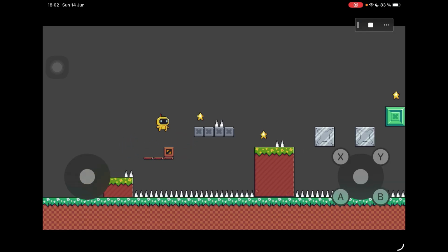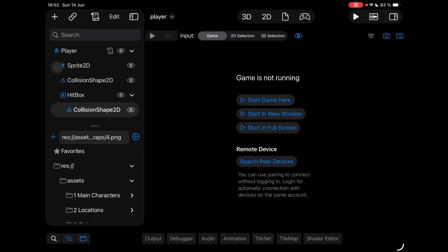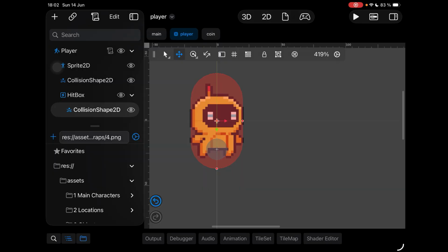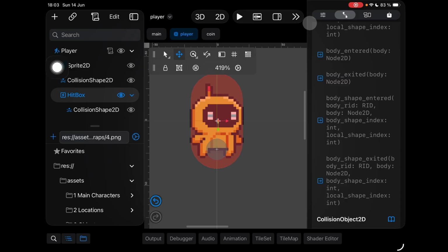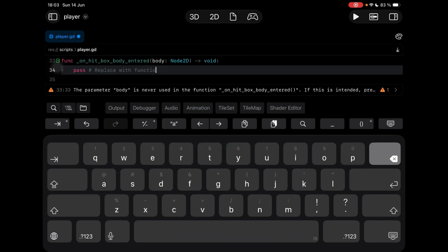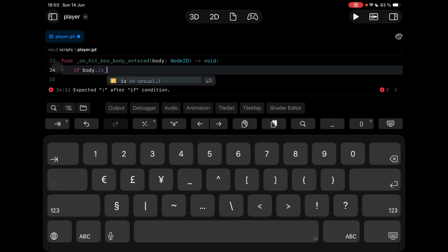they get automatically deleted. Now, detecting the collision with the spikes is relatively simple, so make sure that you have your hitbox selected, go to the signals, but in this case, in order to detect the collision with the tile map, we use body_entered because this is not an area. It is actually called a body. So let's connect it and do a very similar validation. If in this case body.is_in_group spikes,